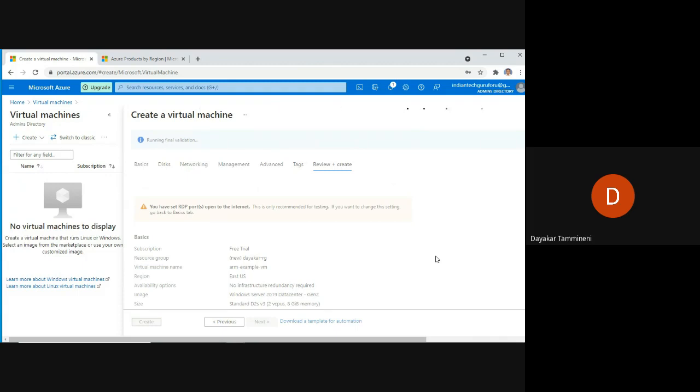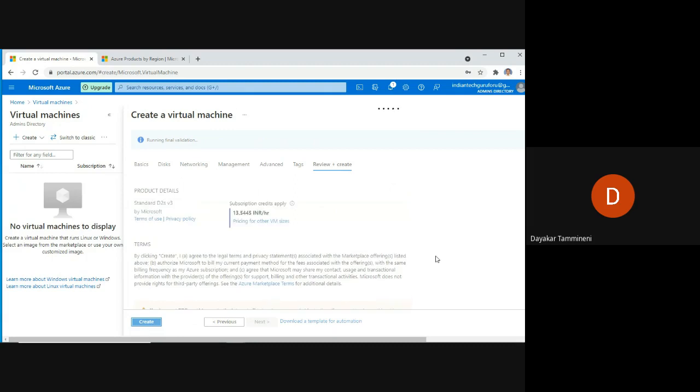Now the virtual machine is being reviewed by Azure portal. Okay, now it is ready. Validation passed.